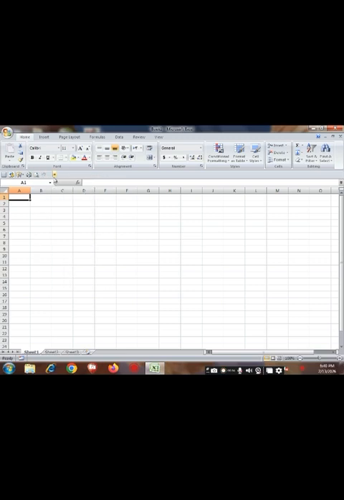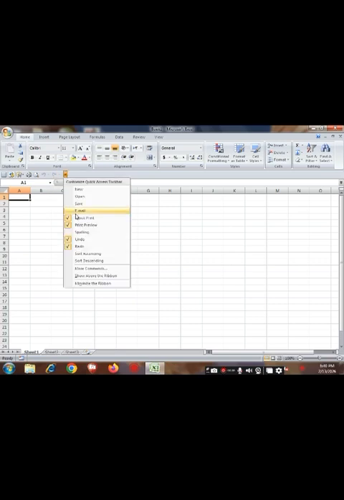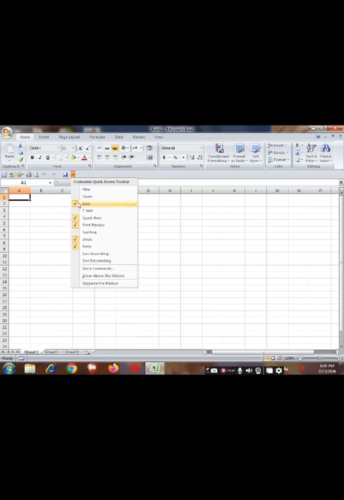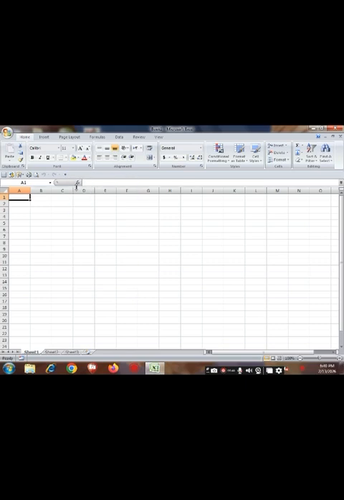The number of these tools totally depends on our requirement and our choice, which tools we use more while working on this software. Now this is the work area and workbook of the Excel software where we will work on our data, and every workbook has 3 sheets. Every sheet has an equal number of columns and rows.